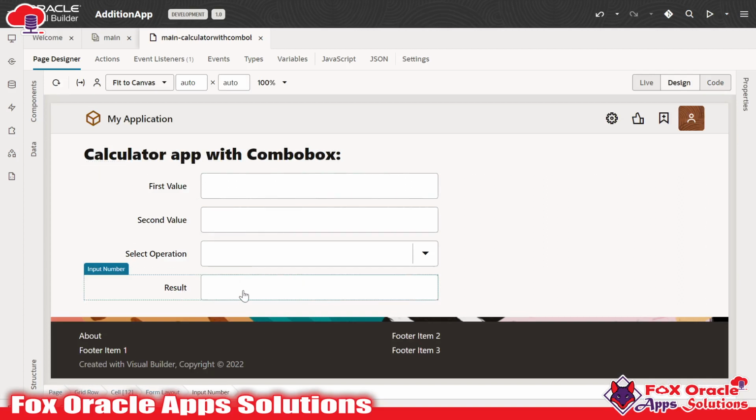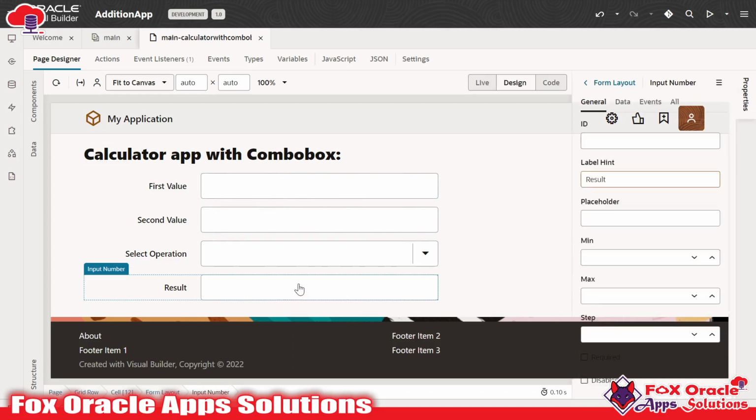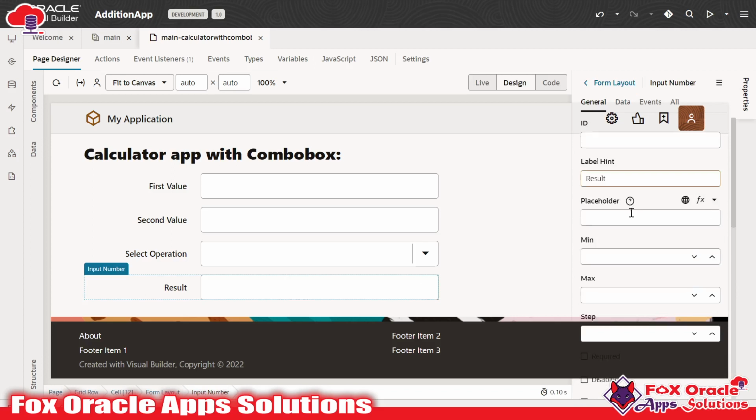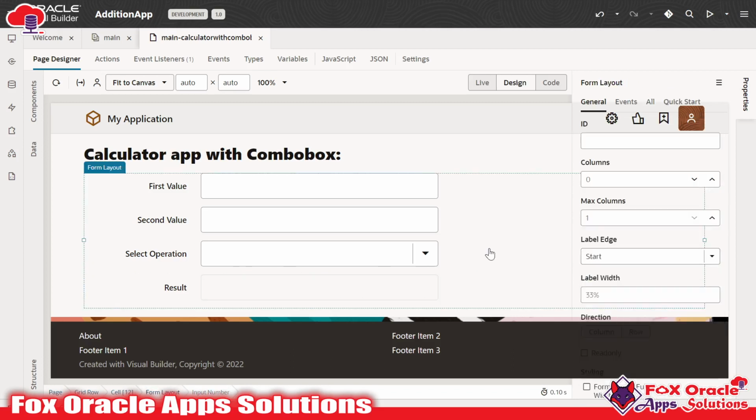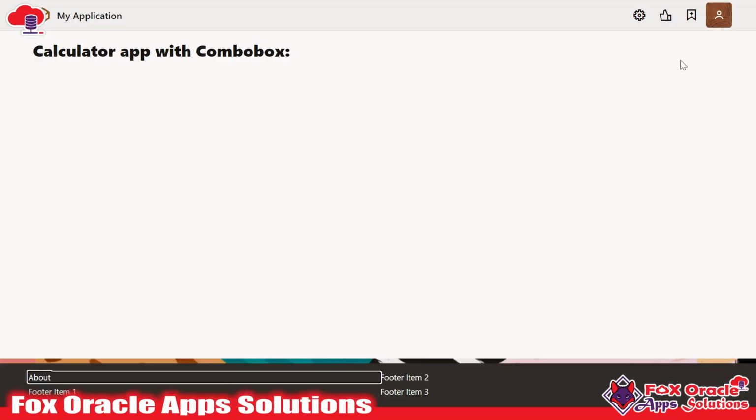Now we want to make this result read only so that we cannot change the value. Whatever will be the result of the operation of these two values, it will reflect here only. So go to the properties, select the input number, and here we have one option as read only. So now we make this grayed out, so it is read only. Now if we run this application,